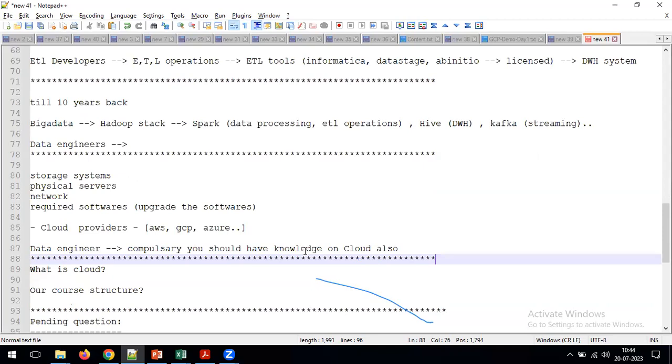Sir, so basically you already said that regarding storage system, when we deal with Hadoop on-premise kind of things, we no need to worry about storage system now. We can store any amount of data. But if you use cloud technology, so if you use AWS, GCP, Azure, you need a particular subscription and you need to pay extra, you need to pay a particular amount. Or when you use Hadoop, you can deal with any amount of data. So why are we using cloud technology?